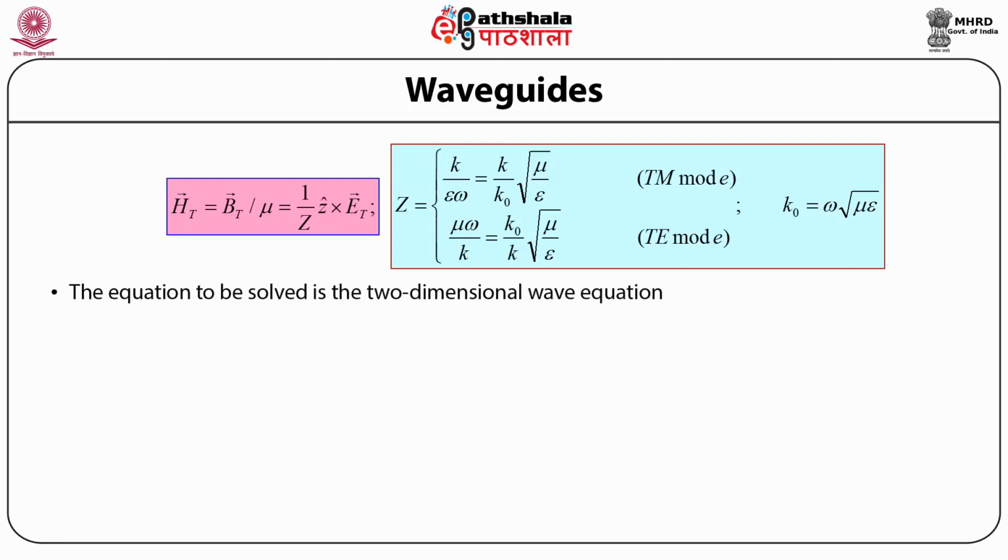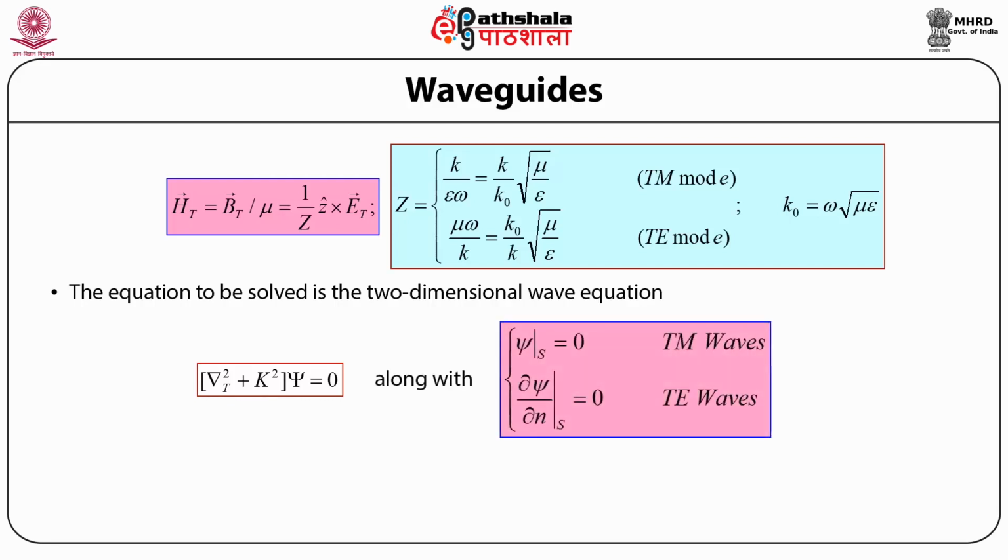So the general equation that needs to be solved is the two-dimensional wave equation given by the bracket open del transpose square, that is the transverse component of the del operator squared, plus capital K square, bracket close, acting on the wave function psi is equal to 0, along with the conditions that in case of transverse magnetic modes, the